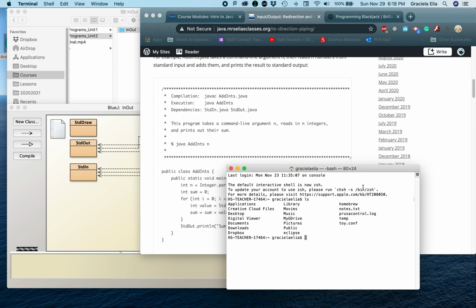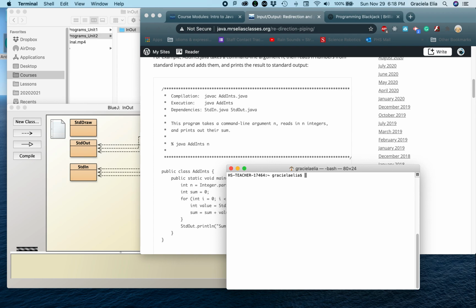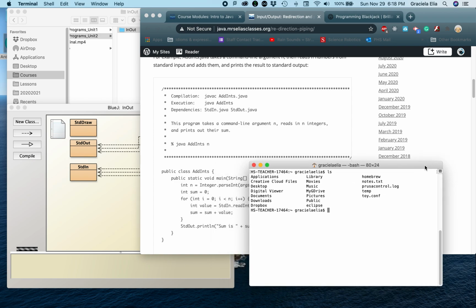Let me see if I can clear this. Oh yeah, it does work. So the clear will clean up that screen. So let me do ls again, which is list, and it's listing all these things over here, and you probably wonder what they are. But if I show you